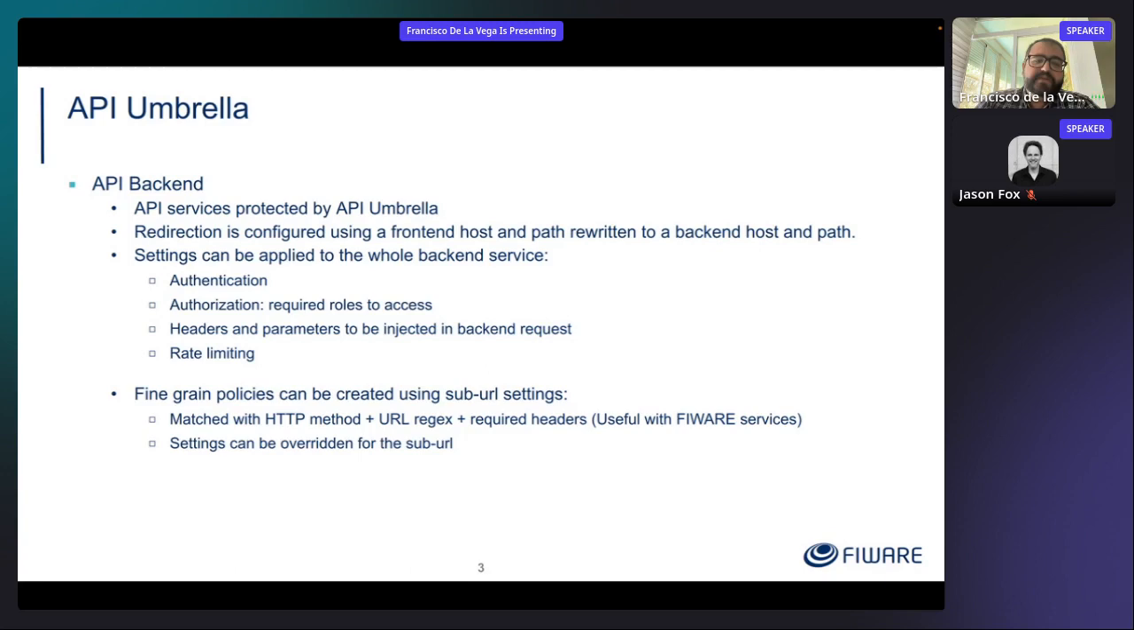As I have mentioned, API Umbrella is working not only as a PEP, but also as a PDP. This is because it allows you to define more fine-grained policies using one concept that is called sub-URL settings. Basically, when you register a sub-URL setting, you specify the matching. So you specify which HTTP method you are going to match, which is the regular expression of the URL you are going to match, and something quite interesting, which is what headers must be present in the request,